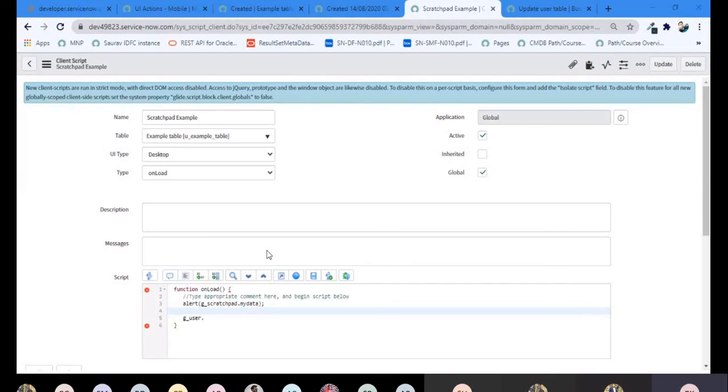And then you will use the g_form flash method, like a decoration method, to show the column flashing, right? So you use the g_user as well as the g_form object, both objects. From g_user you will get whether the user is VIP or not, and from the